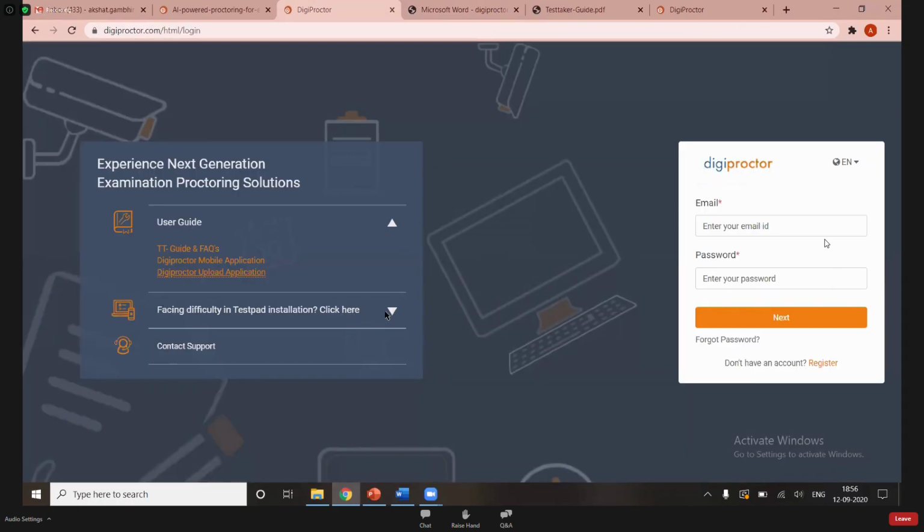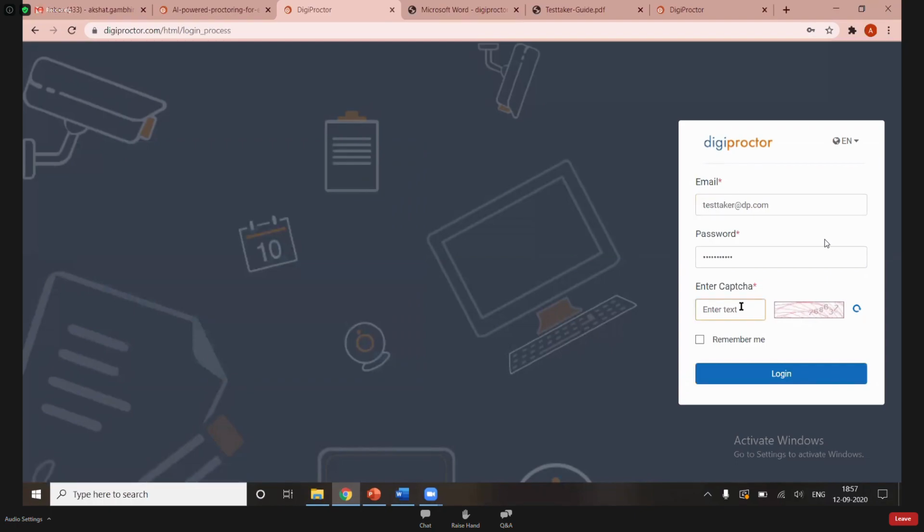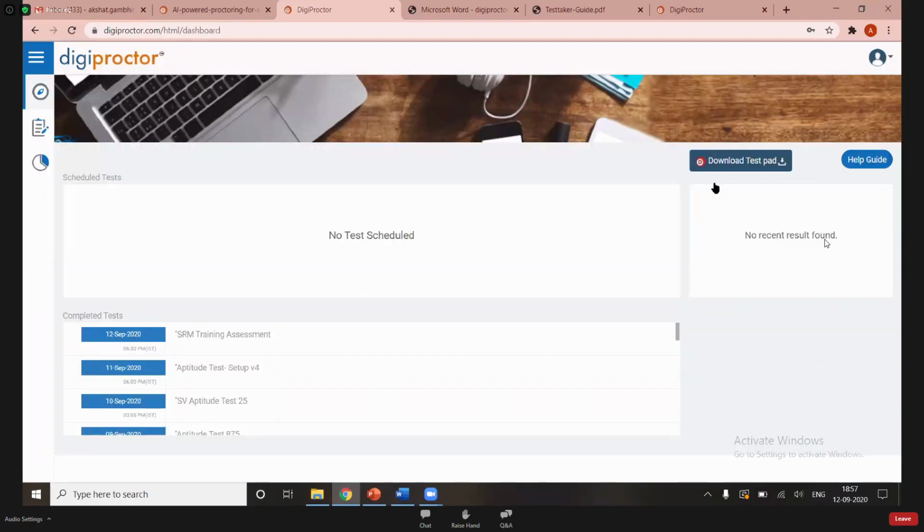As we mentioned here, all the links of the devices are available on the respective application stores. So the applications are available on both Play Stores and the App Stores on your Android and Apple devices. To download the application on your laptops, either Windows or Mac OS devices, you will have to come on the DigiProctor homepage itself, the link for which will be available here only. Once you go into your account, every time on the dashboard, you will find the link to download the application in your devices right here.